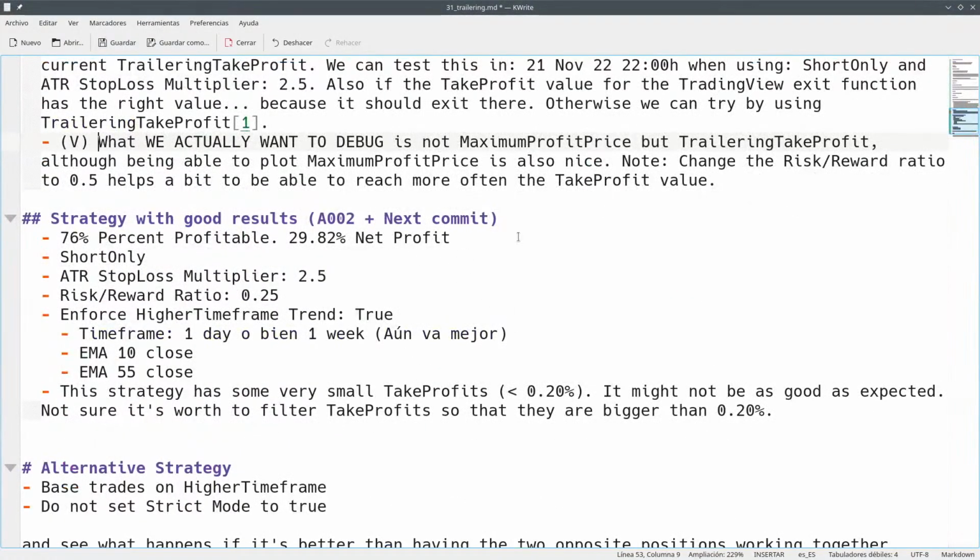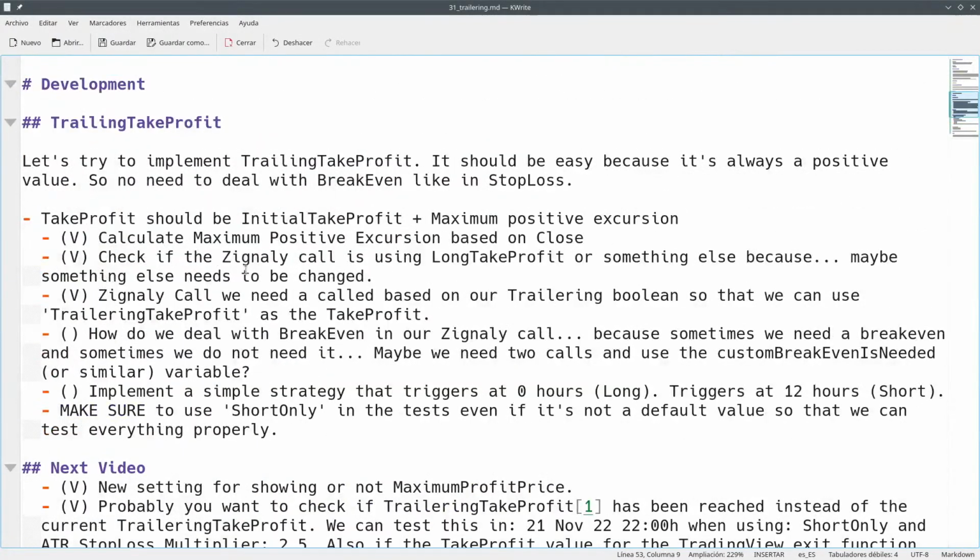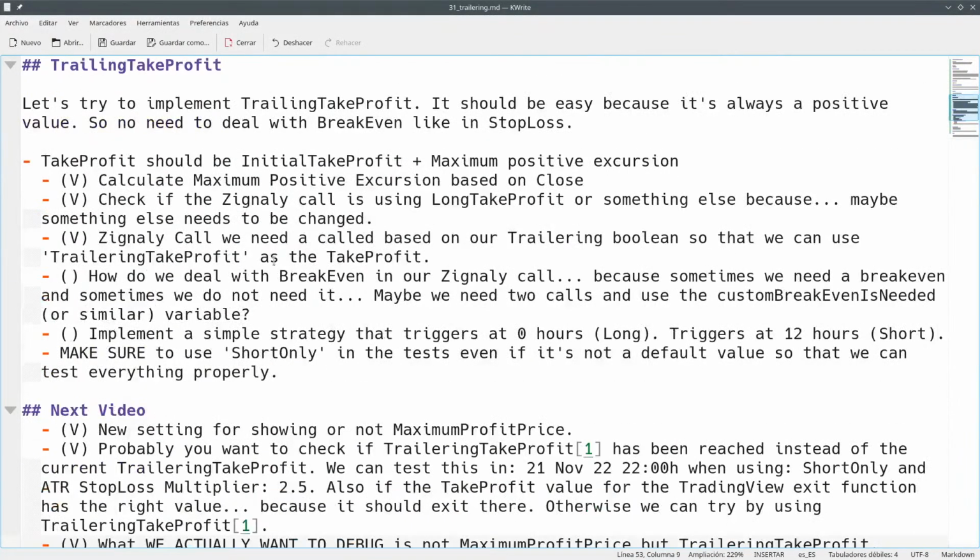So yeah, this is a good strategy, but we don't care too much about this. So break even, how do we deal with break even? Yeah, that's right, because right now we have work with take profit, okay, and